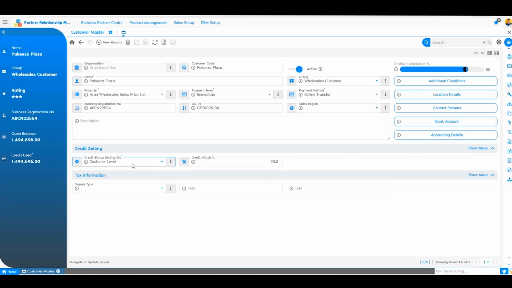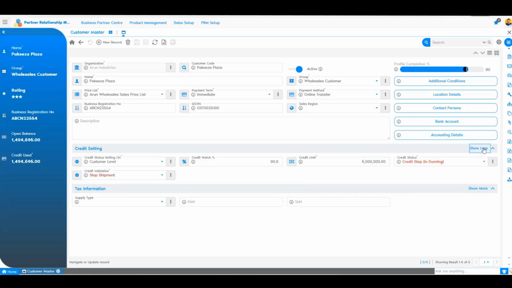So that's another interesting feature that we have. And you can also see what is the credit limit, what should happen if you reach credit watch, and you can see the credit status, which is set automatically by the system based on the rules that you have set. I can also see here that the profile of this customer is 80% complete,